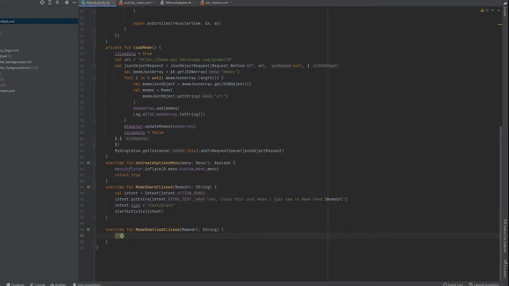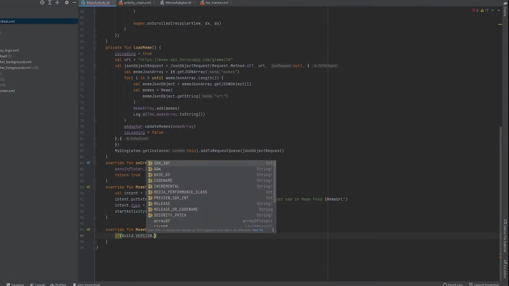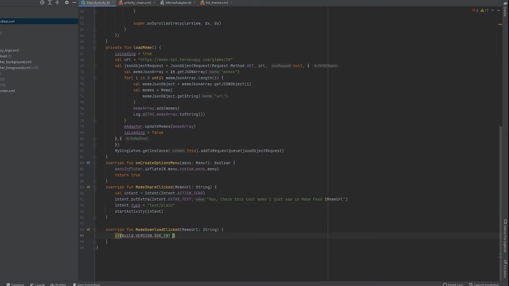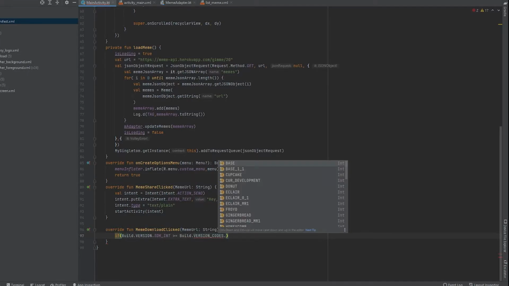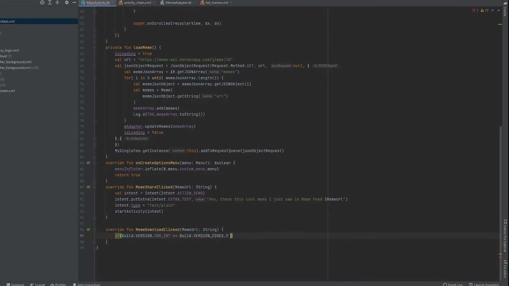So for that I will ask here, Build.VERSION.SDK_INT is greater than or equal to Build.VERSION_CODES.M. I am checking for Marshmallow.